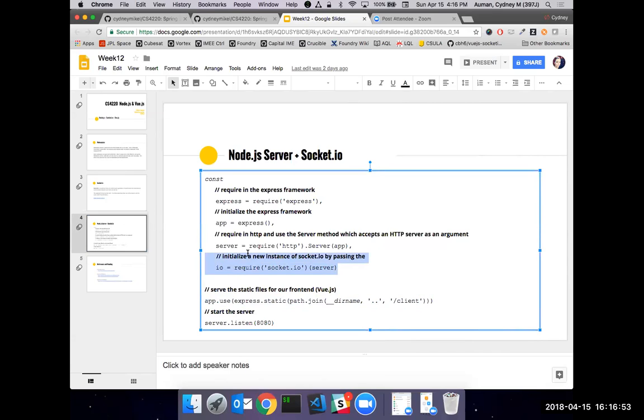We're instantiating or initializing that with Express, and then we're passing that into our socket.io so that we can get socket.io inside of our server. So now we're able to make WebSocket connections using Express. So this is all I have for the slides because most of the work is actually done in the code